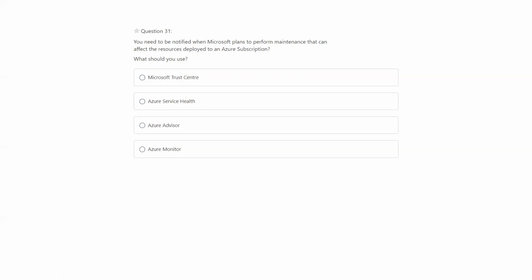So Trust Center is different. Azure Advisor gives recommendations for security and compliance related monitoring. That's not related to the question.